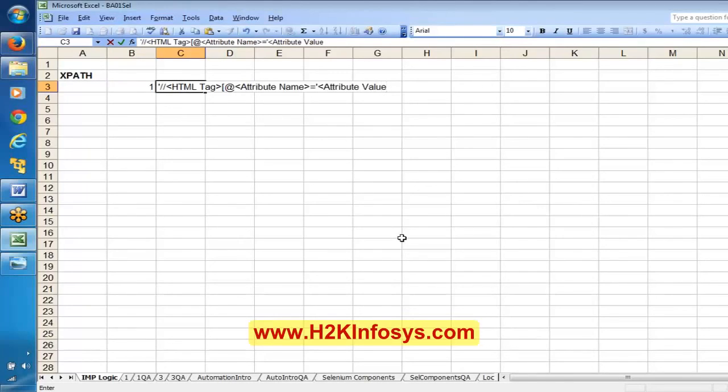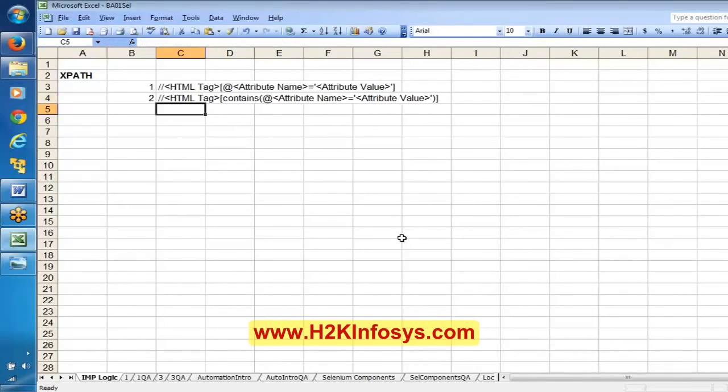Okay, as of now I'm explaining this particular formula. The second formula is contains, and here